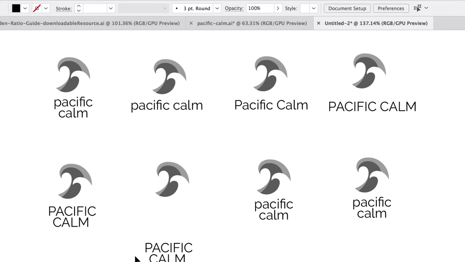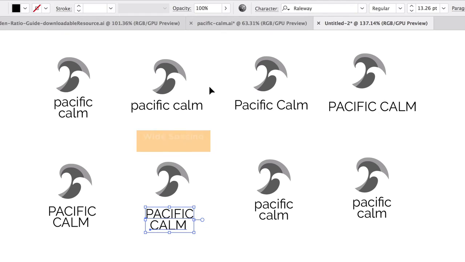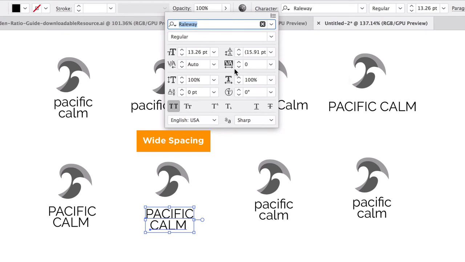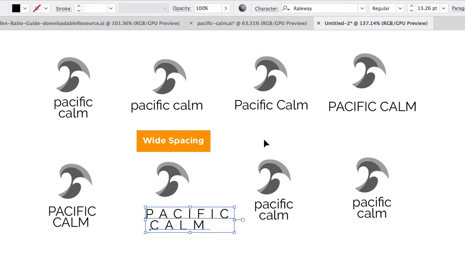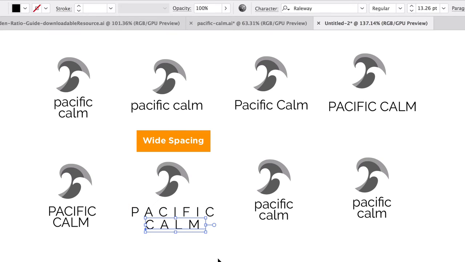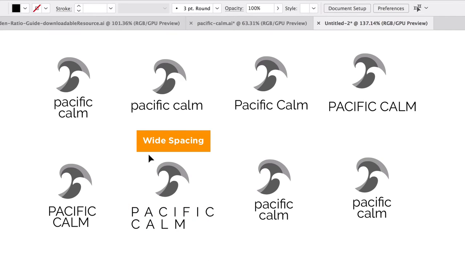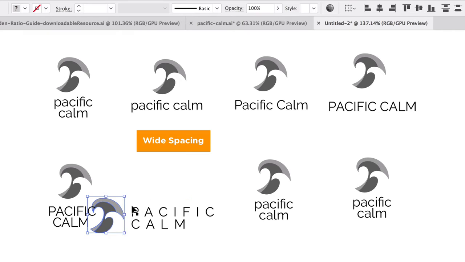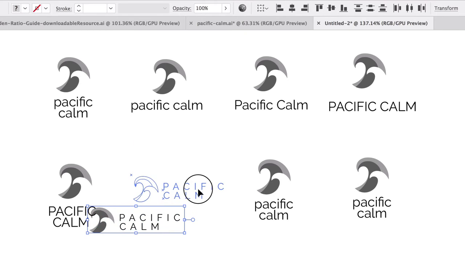And we could do wide spacing. And we'll do kerning a little bit later. So we want to have some wide tracking or spacing between the characters. Let's try that. So we're going to do a generic kind of number. We can always fine tune that later, and we can see if that works. We can even try a horizontal arrangement